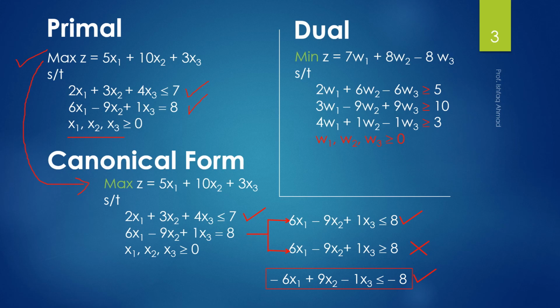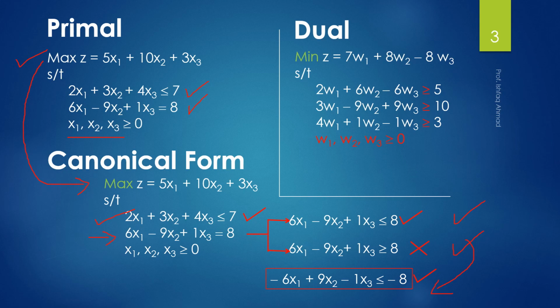inequality constraints. So here in this case we have two constraints in the problem. The first one is okay, as it is of less than or equal to nature, and the second one is an equality constraint. So the second constraint will be converted into two equivalent forms, one with less than or equal to and the second one with greater than or equal to, and the greater than or equal to is further converted to less than or equal to by multiplying by -1 on both sides of the constraint.